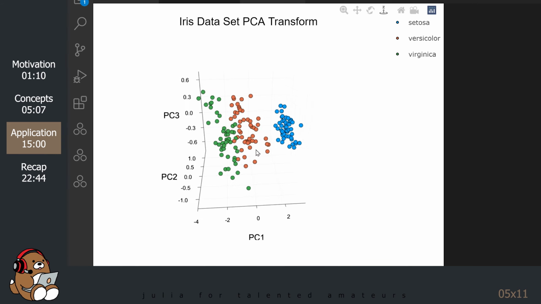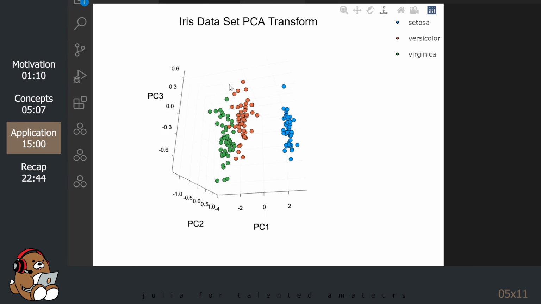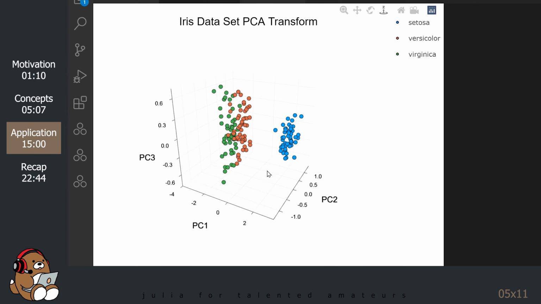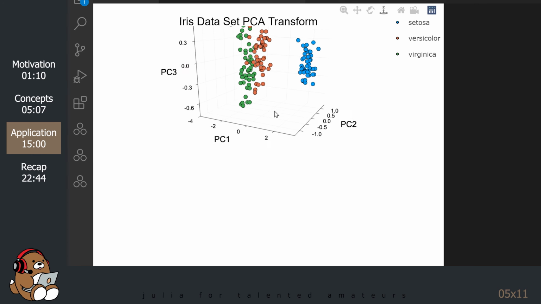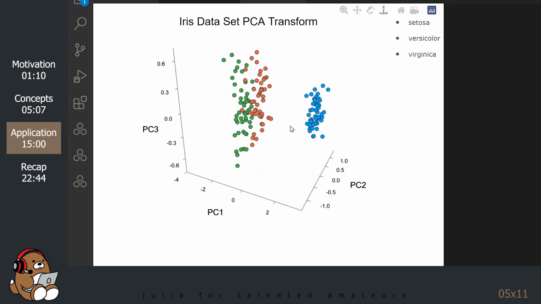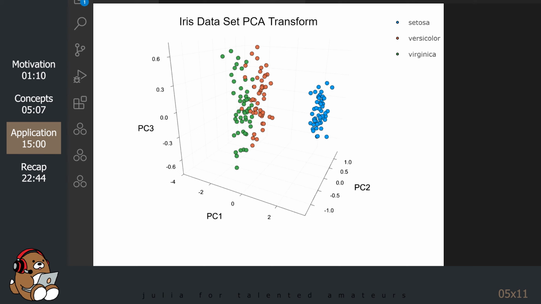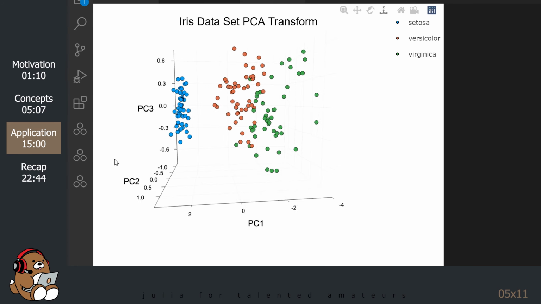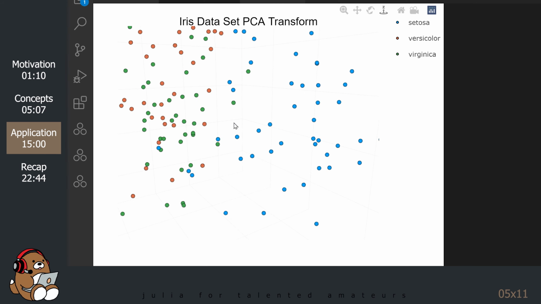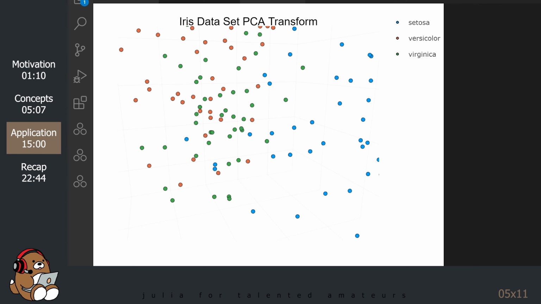You can rotate this plot by left-clicking and dragging the mouse. You can pan the plot side to side or up and down by right-clicking and dragging the mouse. You can zoom in or out by using the scroll wheel on the mouse. Finally, you can use all 3 to get the exact view that you're looking for. And if you ever get lost, you can click on the home icon to get you back to the default setting.